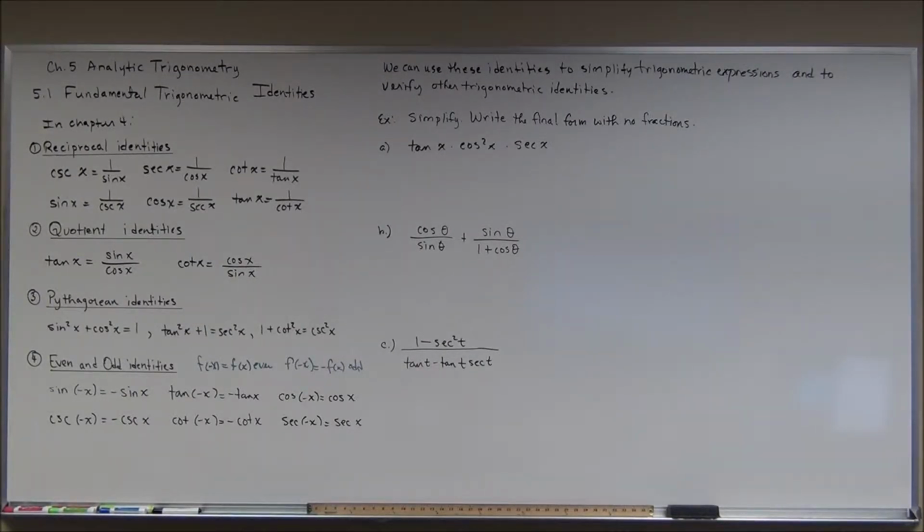Now what we're going to do with all these identities, and we're going to add identities to this list in this chapter, trust me, these are not the only groups, is use them to simplify trigonometric expressions, which I'm going to show you some examples of in just a moment. And we're also going to be able to use these to help verify other trigonometric identities. And of course, when you're doing this, you need to go through the steps and, of course,